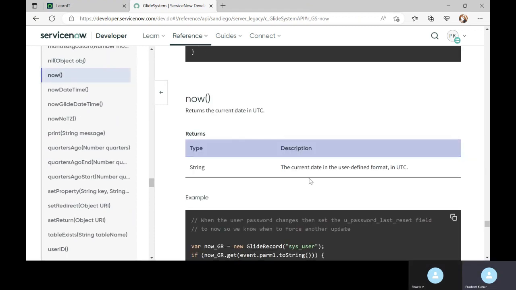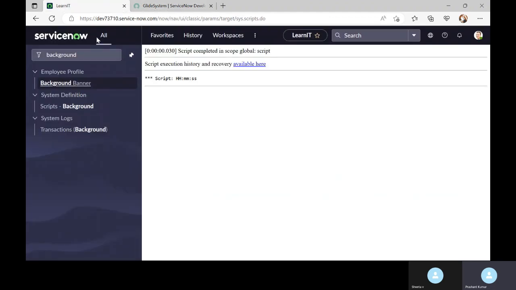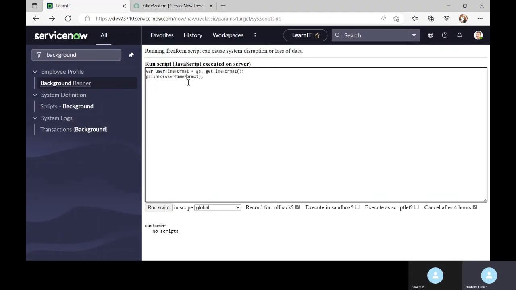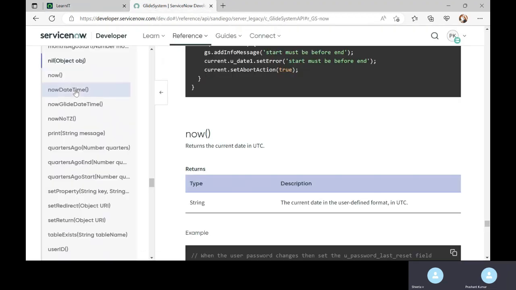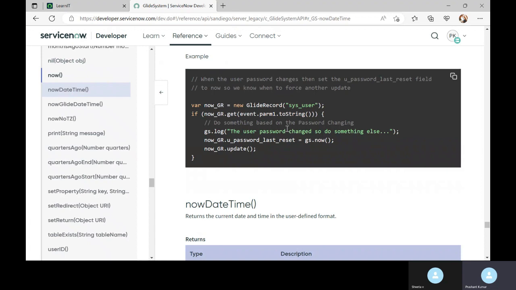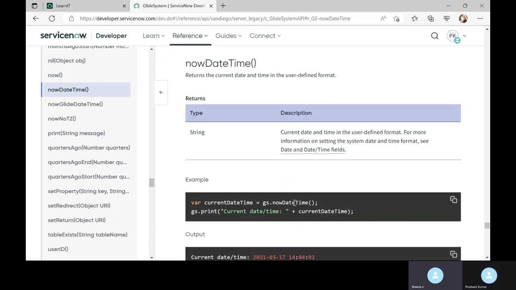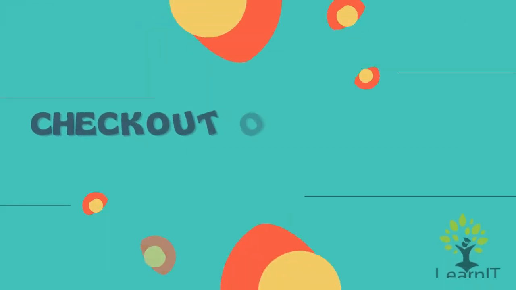See, this is it. So gs dot now is the right one. See, now I got it. Only for date also we have to just do gs dot now. You will get the current date. See, 30. So for date time we have to do now date time. Okay. And now